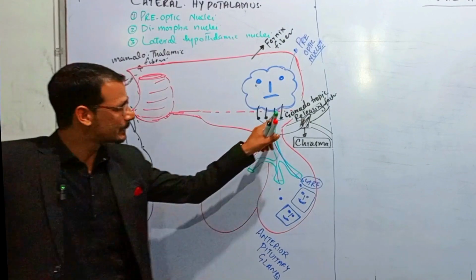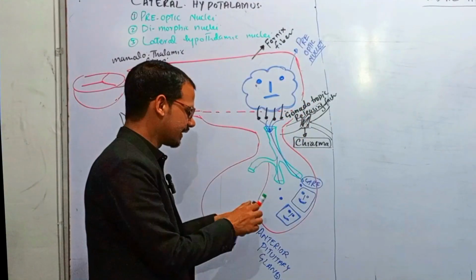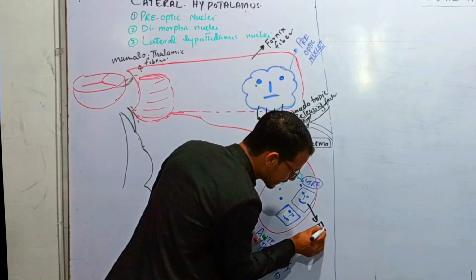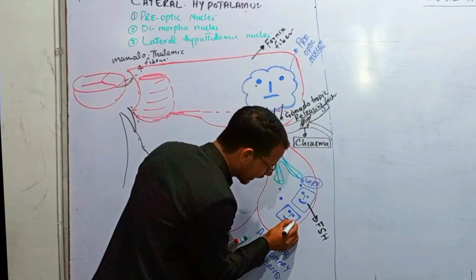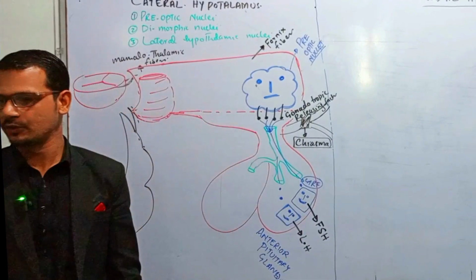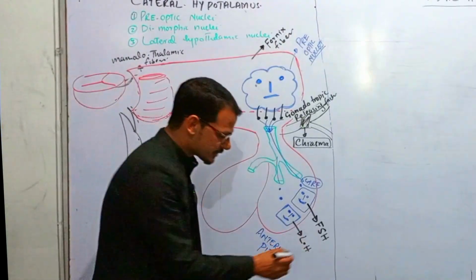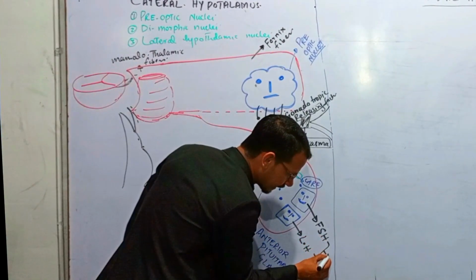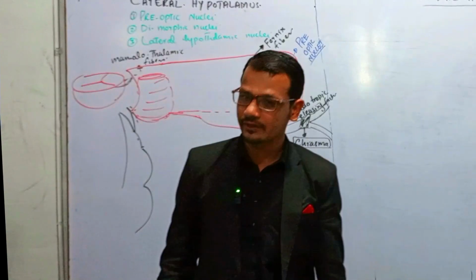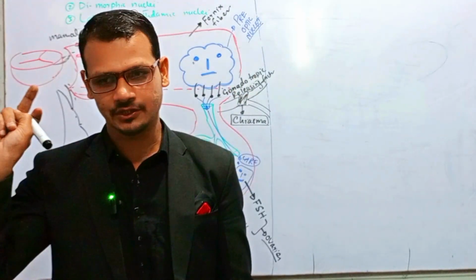By the release of these gonadotrophic releasing factors, these cells are activated and release FSH and LH. These FSH and LH are responsible for affecting the ovaries, and from the ovaries it will release estrogen and progesterone,